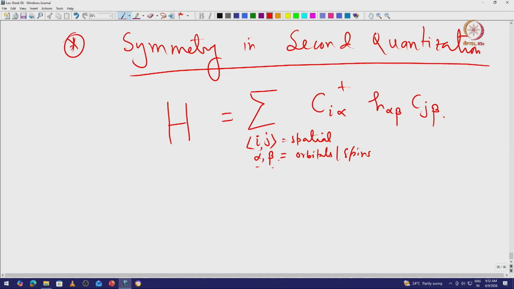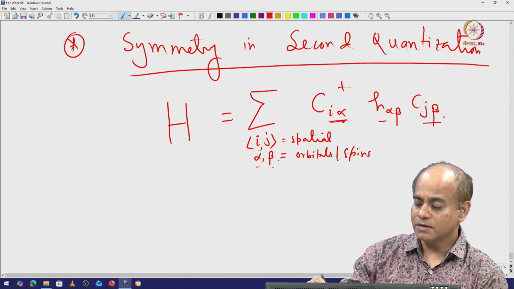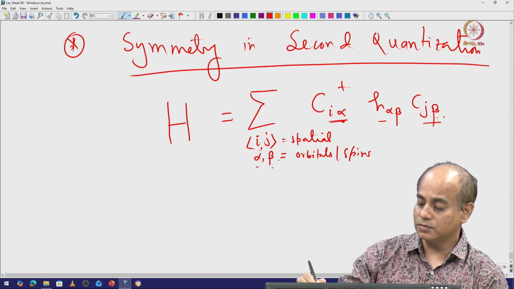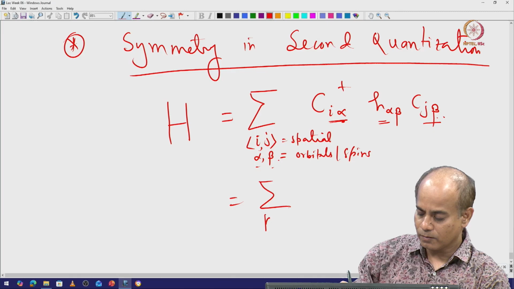This is roughly what the Hamiltonian would look like. It is a hopping from i to j, assuming that the hopping is spatially independent because of translation invariance, and between the same orbital or different orbitals or spins and so on. In the momentum space that will look like